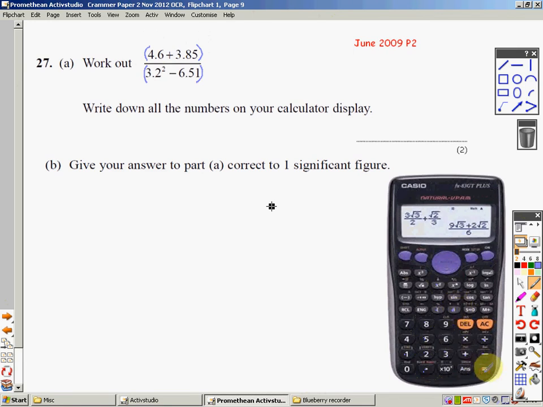I'm going to do that now on my calculator, just bear with me when I do it. Press the bracket, 4.6 plus 3.85, close the bracket, now the long divide sign, so just press divide on the calculator. New bracket, 3.2, square it with the x squared button, minus 6.51, close the bracket, press equals, and it's given me